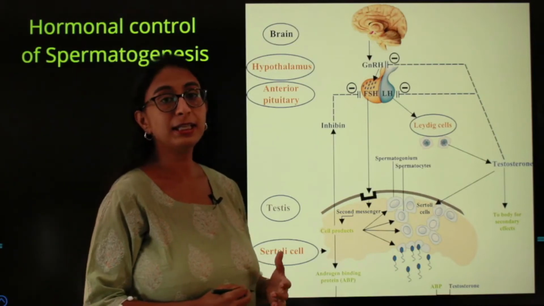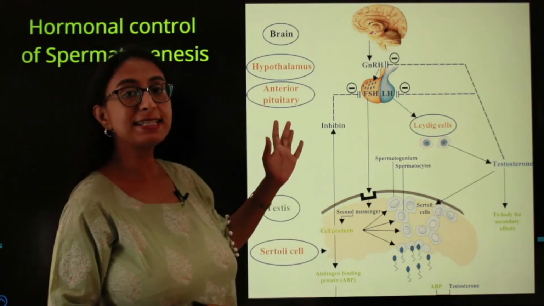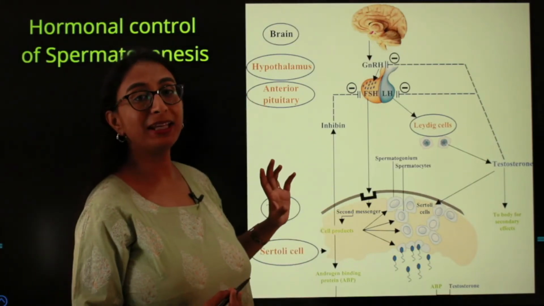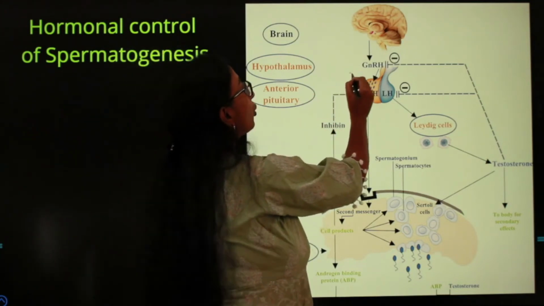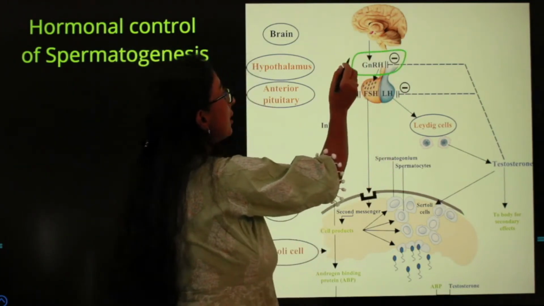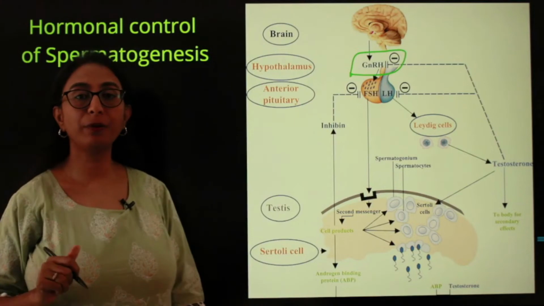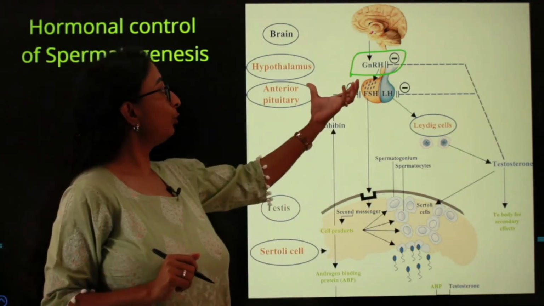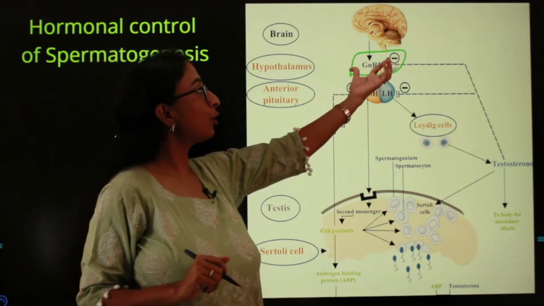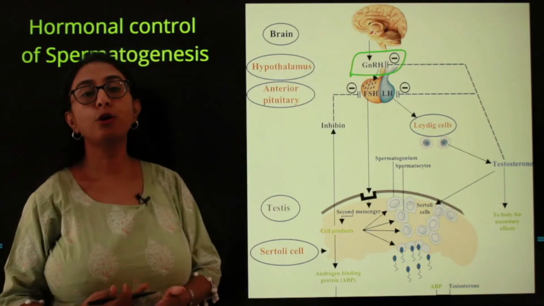During puberty, spermatogenesis is initiated, or it begins with the increase in the gonadotropin releasing hormones from the hypothalamus region of the brain. Now, if you want to know in depth about what these hormones are, and other hormones secreted by the various organs of the endocrine system,